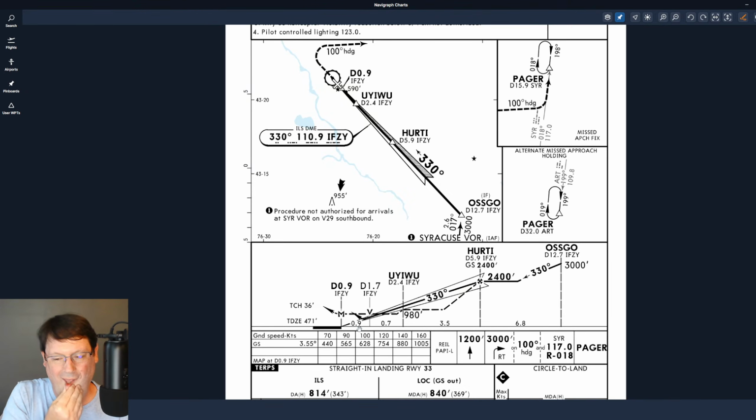I would prefer to intercept further out and fly a 3-degree glide slope, or a 3.55 in this particular case, from out here, rather than coming down, leveling off, and then starting a descent again. But that's just my preference. So you can see there's OSCO, Hertie, and